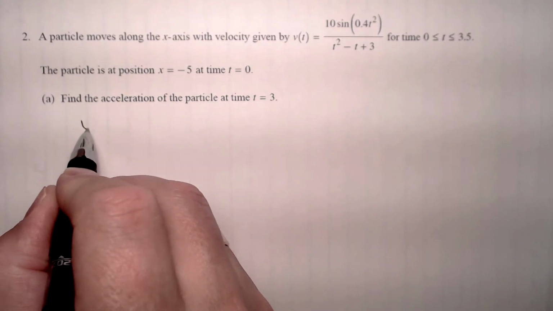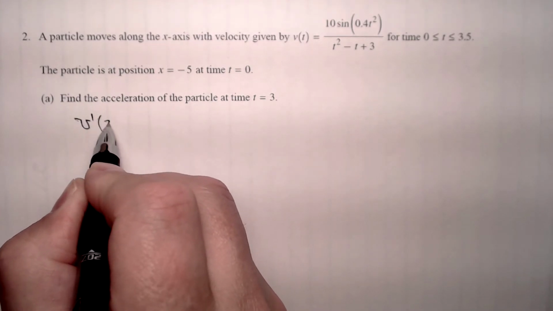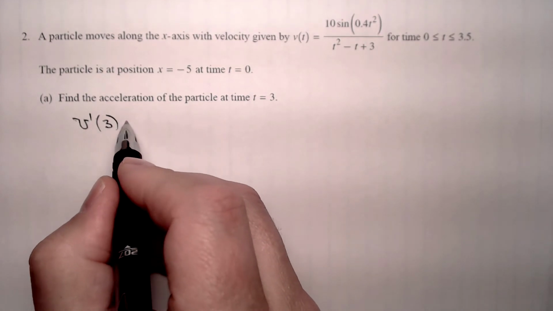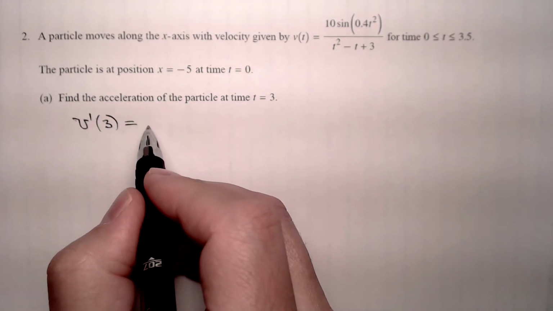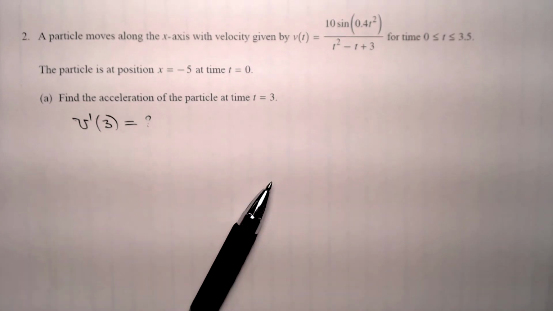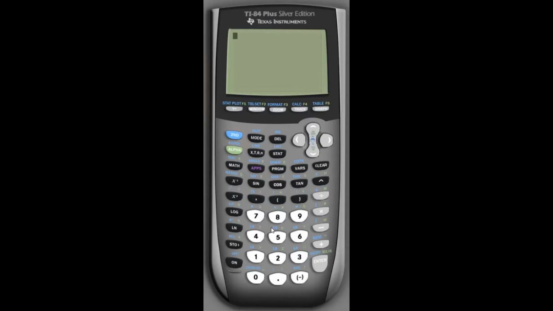And so we need to find v prime and evaluate it at the point 3. So we can do that numerically on a calculator. So let's do that. So let's calculate this derivative. And we go to Math, derivative with respect to x of the expression 10 times sine in parentheses 0.4 times x